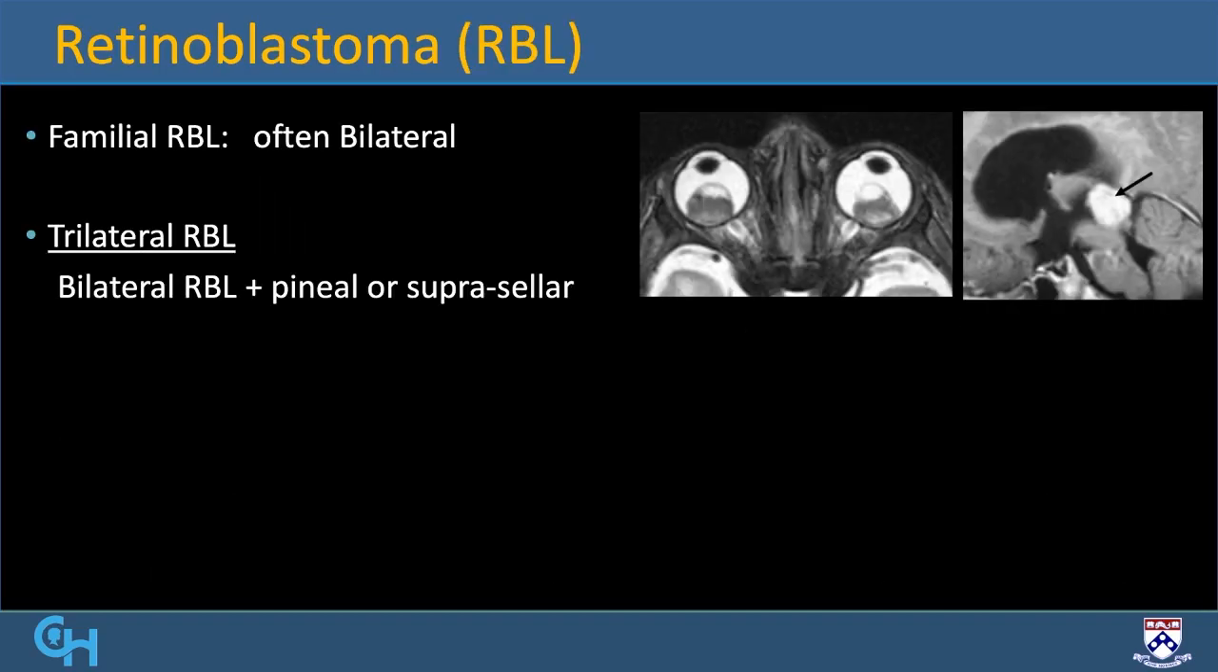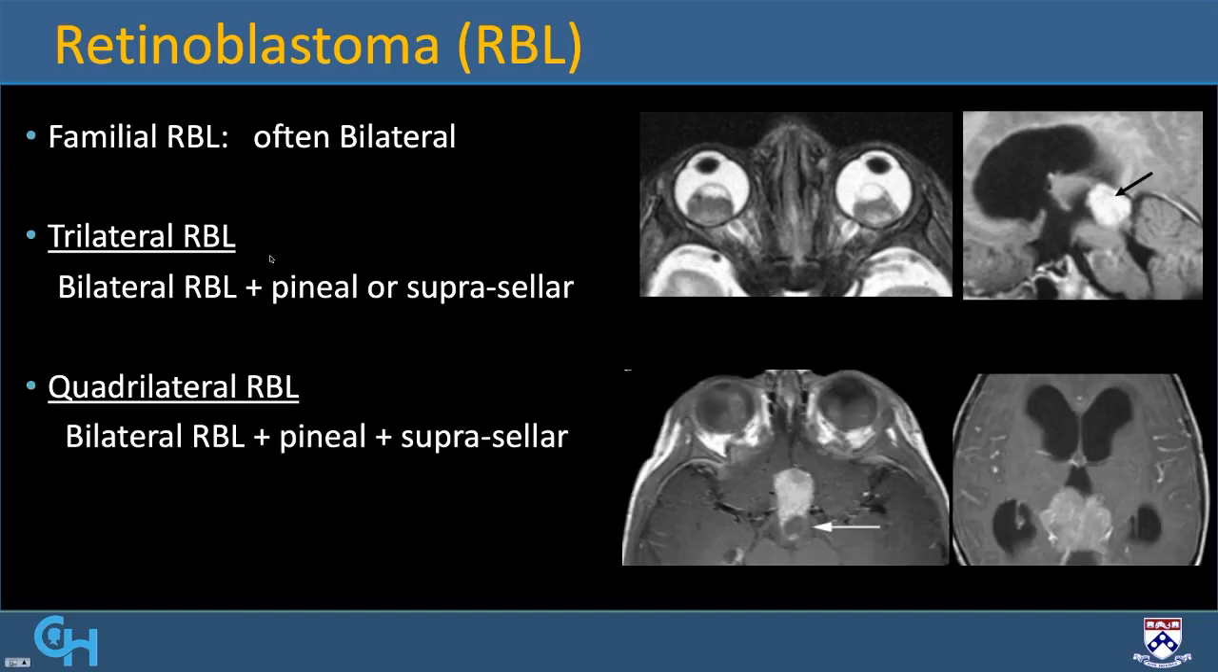And remember the association of pineoblastoma with retinoblastoma. So the familial variety of retinoblastoma are often bilateral. So when you see the combination of a bilateral retinoblastoma with a pineal region mass, or a pineoblastoma, you are going to label this as a trilateral retinoblastoma. And